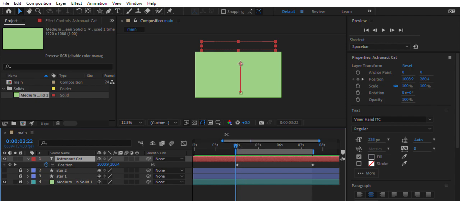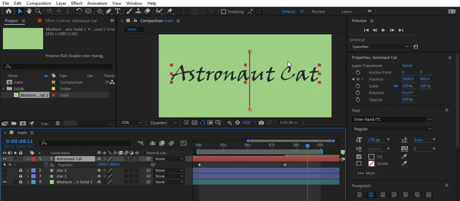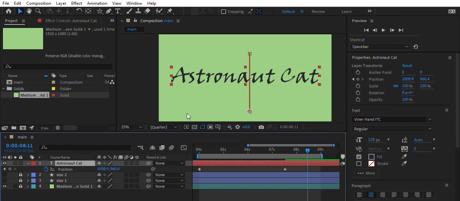Okay, so let's look at some different things we can do with our text animation that we just added. So we have our text moving into the scene very sort of leisurely. I'm going to expand this a little bit so we can see it kind of sit in place. So with our default keyframes, this is what's called a linear interpolation. And what linear interpolation means is that essentially there's just a straight line that it just goes from one place